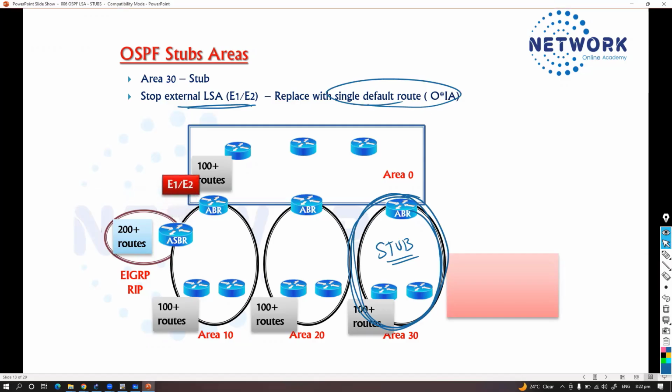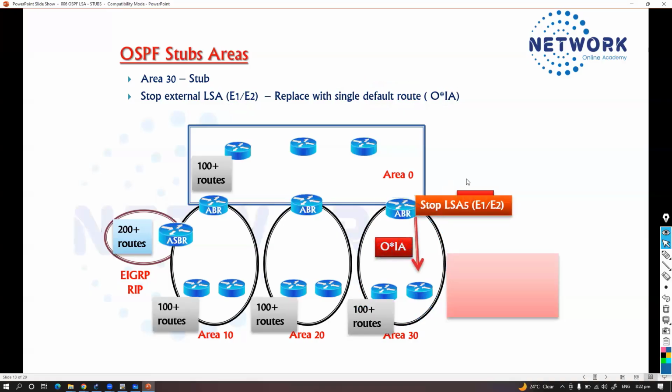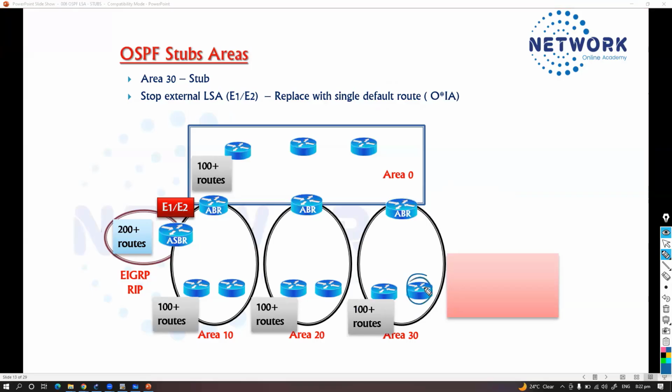Now, what this means is your external routes will come till the border router, and that border router is going to stop those external routes, the LSA 4 and LSA 5 files normally, that information. And then instead of that, it is going to send out a single default route. Because now what this exactly means is, if you go back and see here,